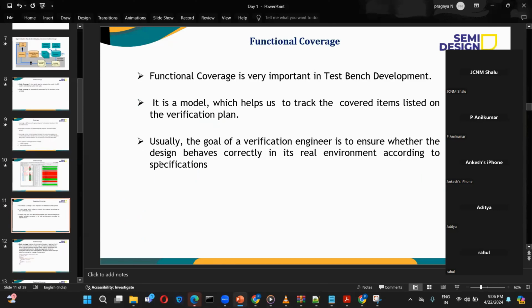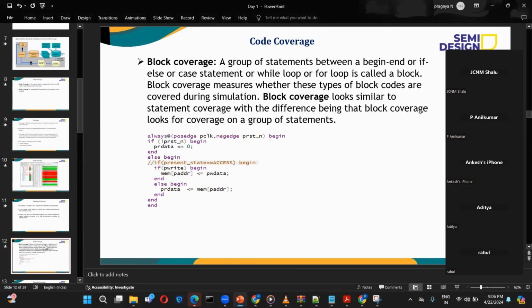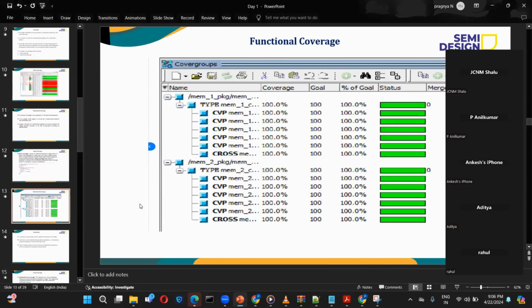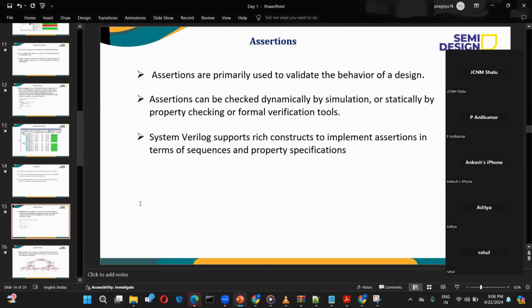So today, the major focus will be functional coverage and code coverage, with in-depth knowledge. Yesterday we just saw the introduction, right? So today we will go further. In code coverage, as we have already discussed, there are different types. One is block coverage, and then